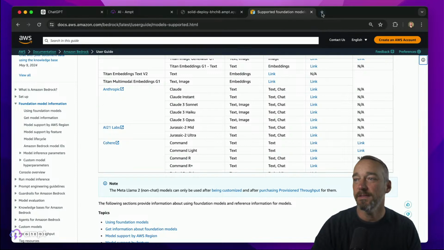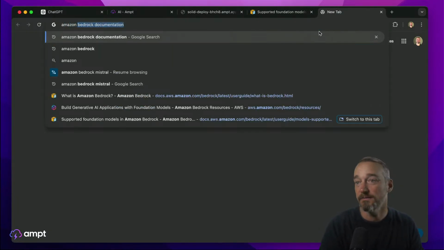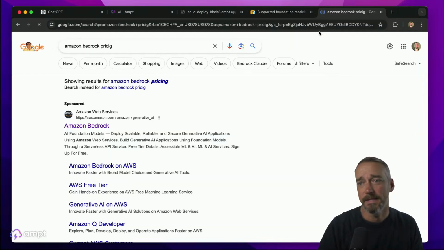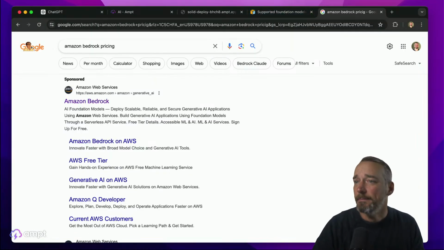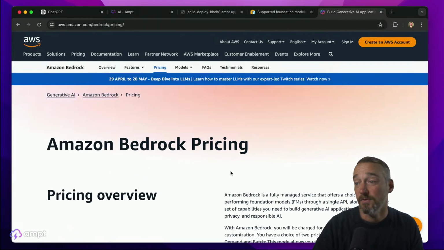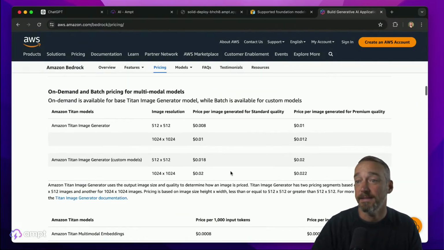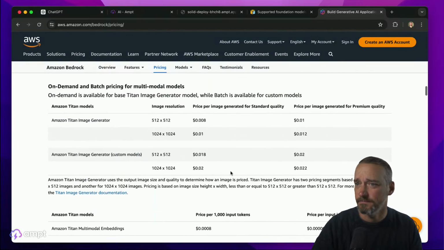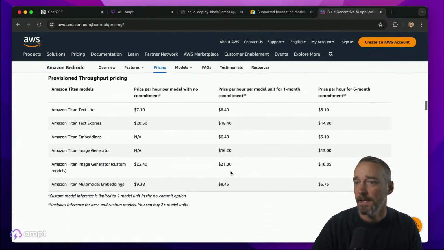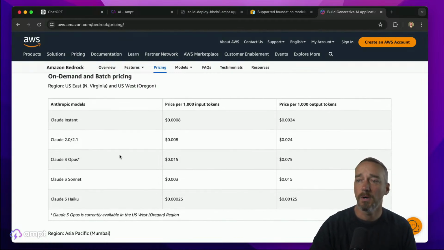So the other thing that you can always look at when you're evaluating these models is not just whether or not they work really well, but also just the cost, right? So if we come down and we look at the pricing for the Anthropic models, for example, if I can find them, Amazon, A1 Labs, Anthropic, right? So your Opus, for the number of tokens, and again, if you're doing some stuff with